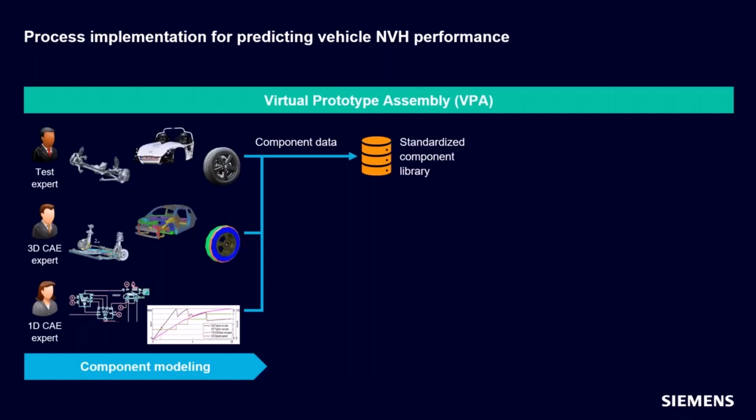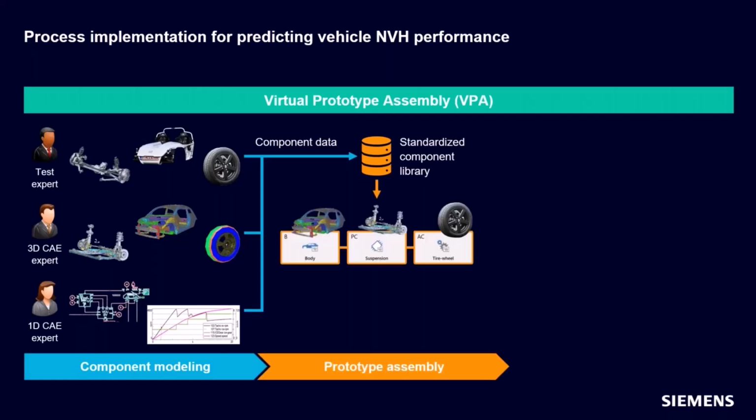So we model all of these components. We model them in a consistent, uniform way in terms of the degree of freedom naming and direction naming and that sort of thing. And that allows us to put them all in a standardized component library where now we go to this shared database and we can say, okay, I want to take vehicle body A, put suspension 2 on it and tire and wheel combination X, and then make predictions. And I can plug and play these different components. And up front, again, not needing any physical hardware, this could all be done with simulation data.